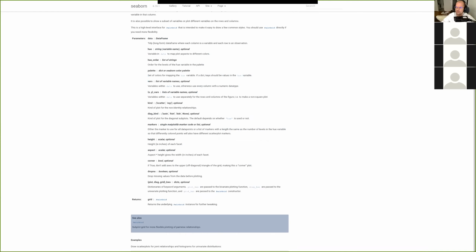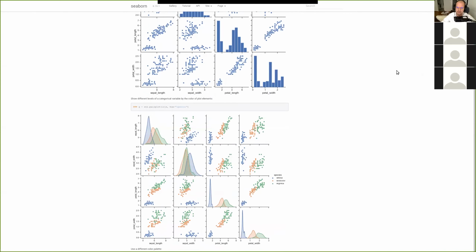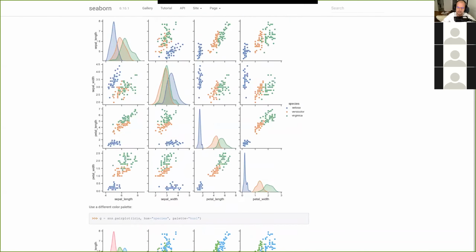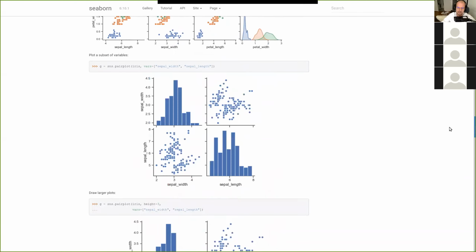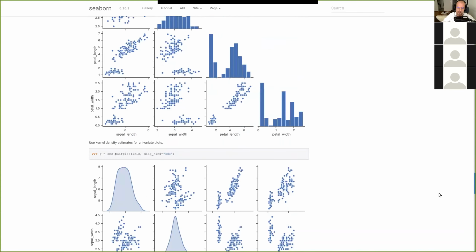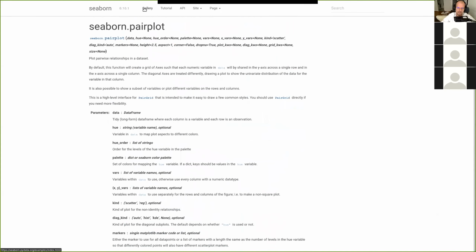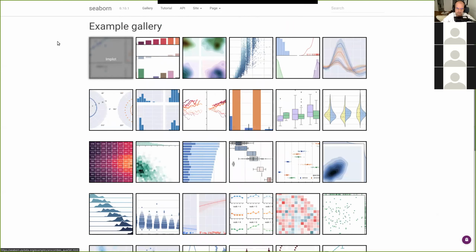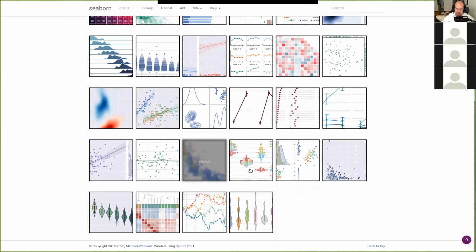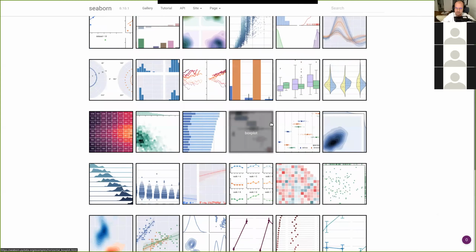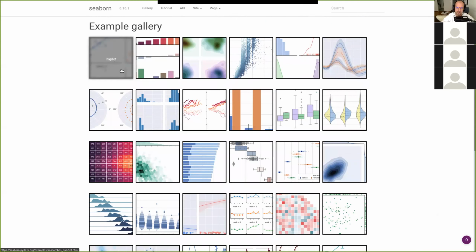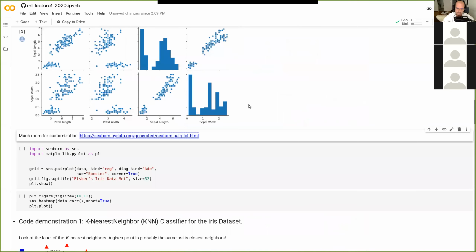And if you scroll down on the documentation page, maybe if I zoom in, you can see there's a bunch of different ways to plot various things, and there's a very good guide on how to do that here. And Seaborn not only does these pair plots, there's a whole slew of other plots that you can do directly on these data frames.